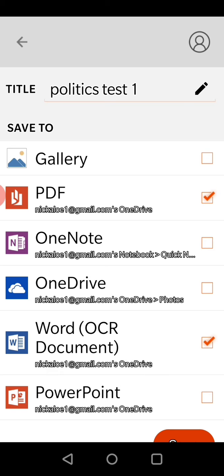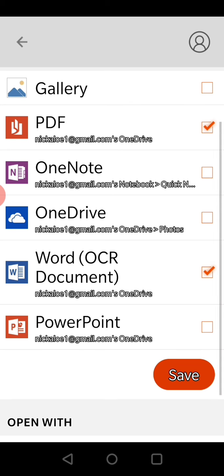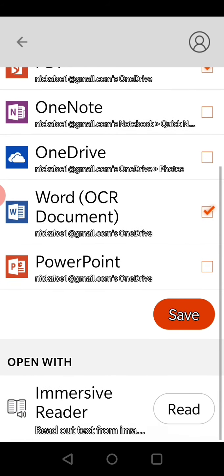And as you can see, it has ticked that it's going to save it as a PDF, and it's going to save it as an OCR Word document. I can also save it to OneNote or to OneDrive. I could save it as a PowerPoint, and then if I scroll on down, I can also open it with